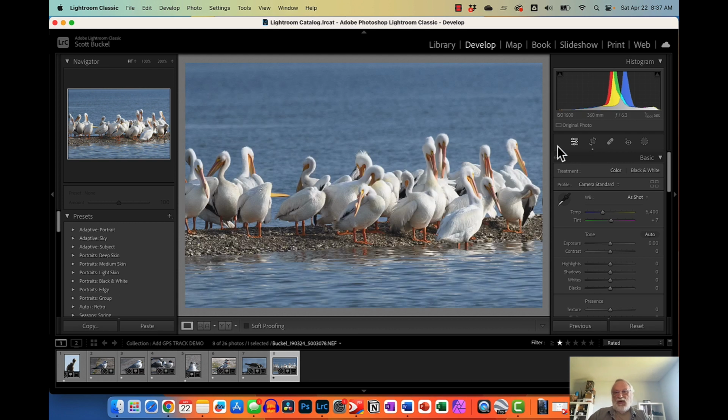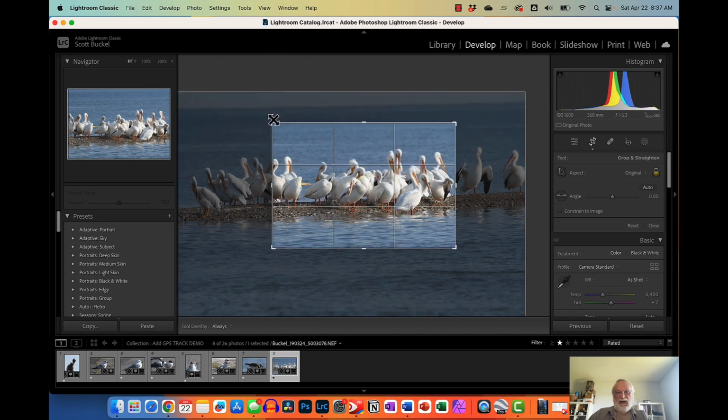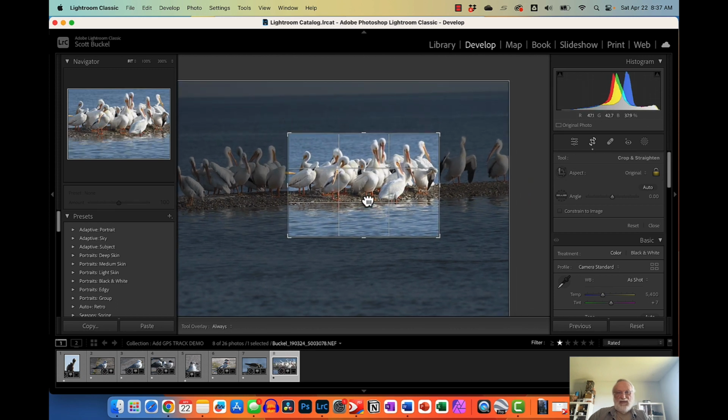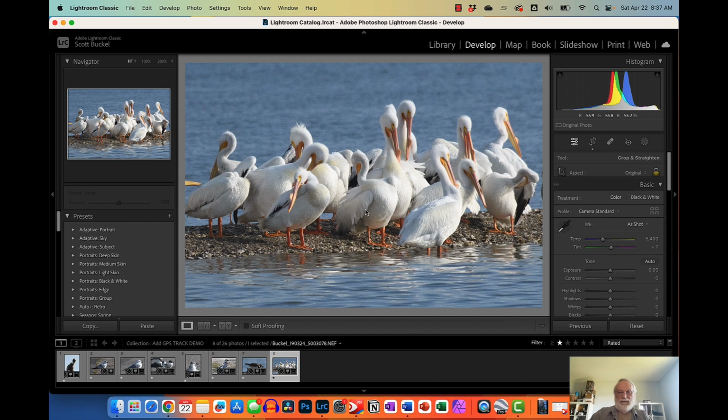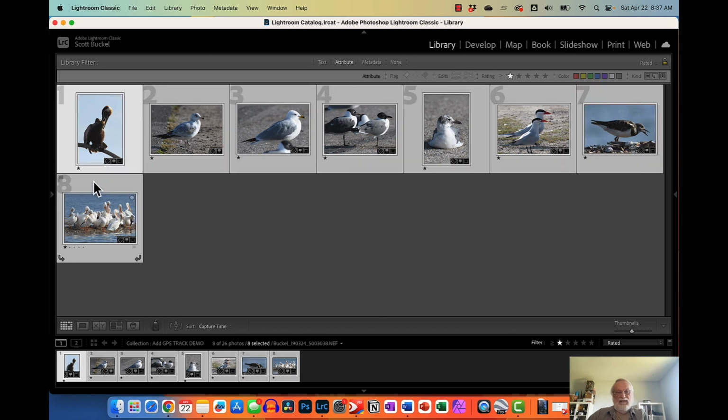Here's a big group of white pelicans. There's a whole bunch of them. I already cropped this once before, so I'll go ahead and just maybe crop a little bit tighter. And that should be the end of them. So I'll just go to G here, click, click, and select all of them. And then I'm going to go to